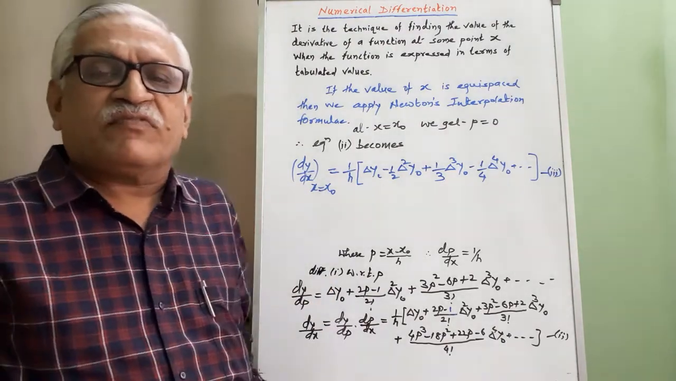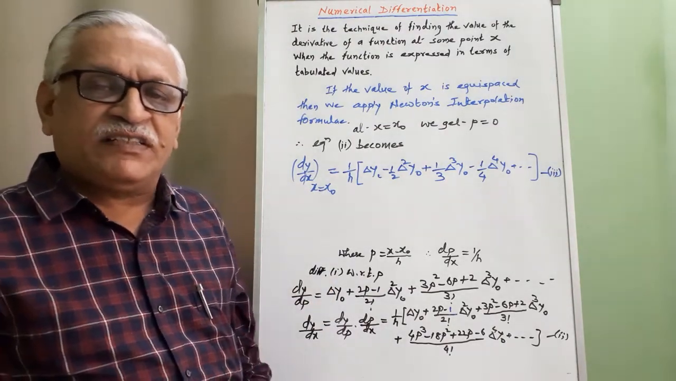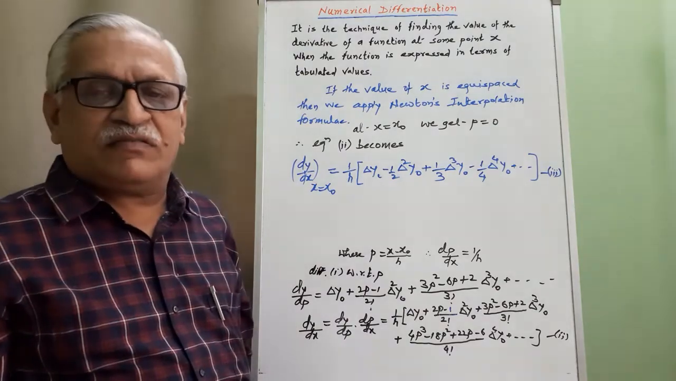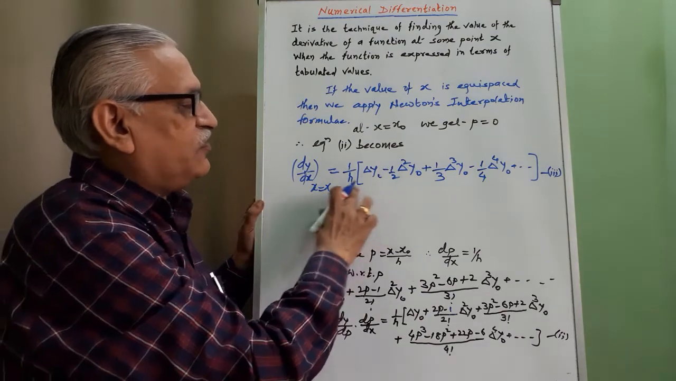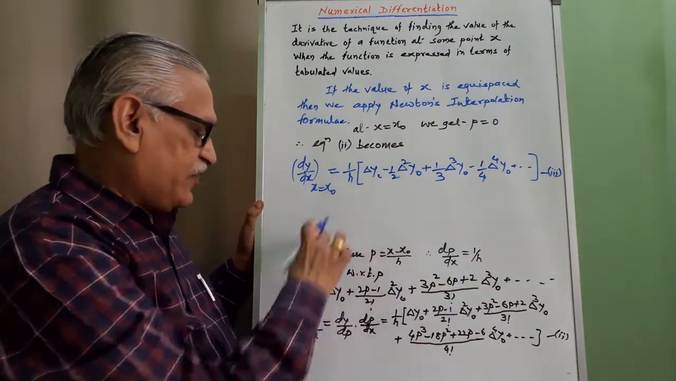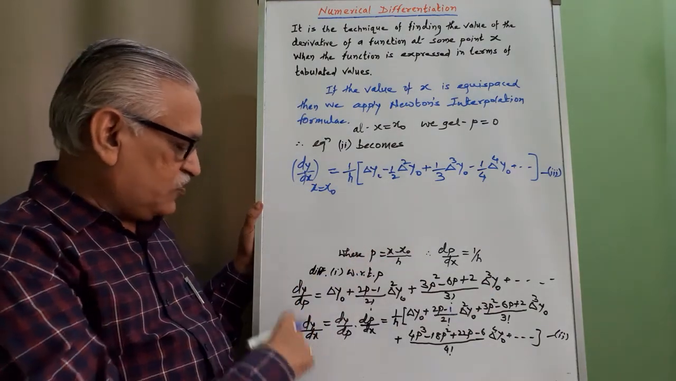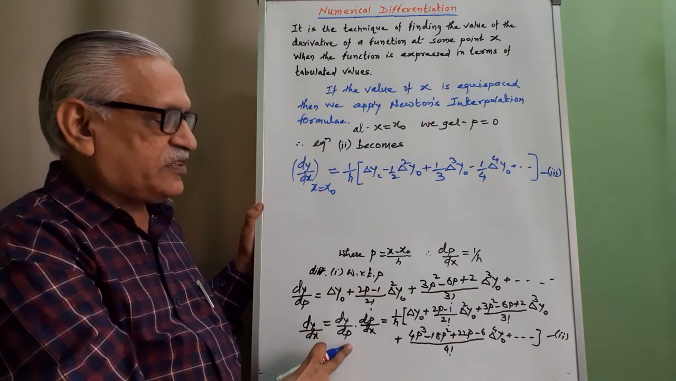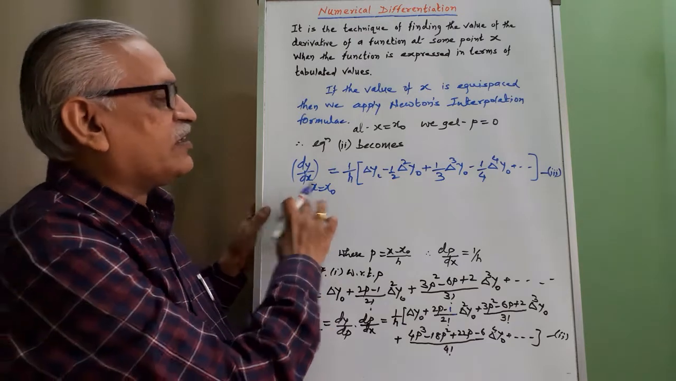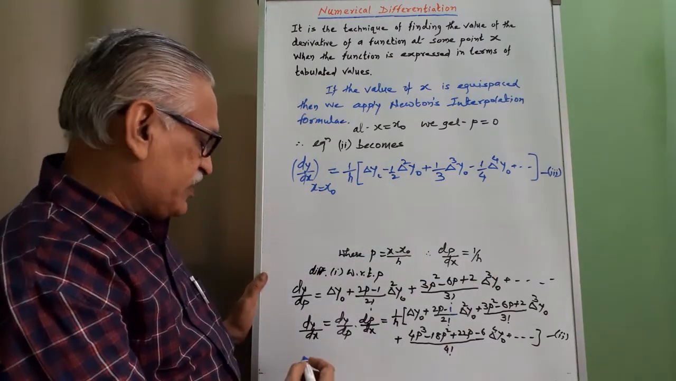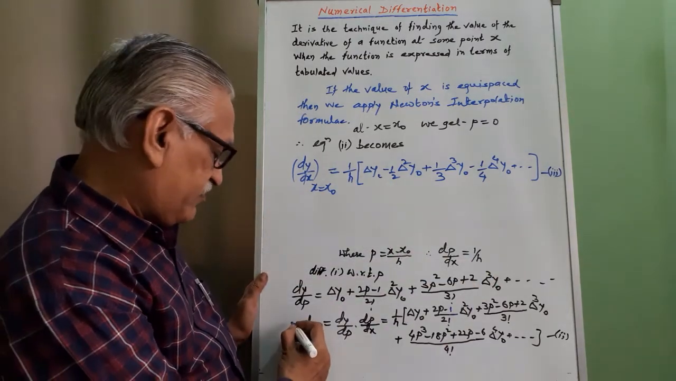Means what? When that point is itself from the given table, and if it is at the top of the table, we use this result, and if it is in between two values, then we use this result. Therefore, equation number 3. Remember these two results. The first one is this one,